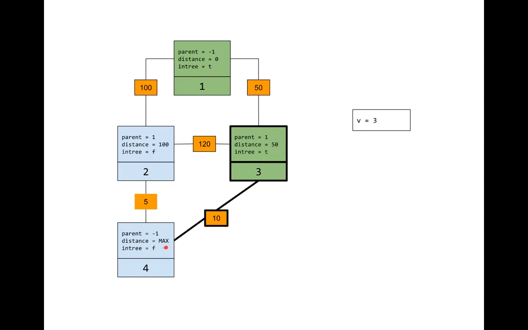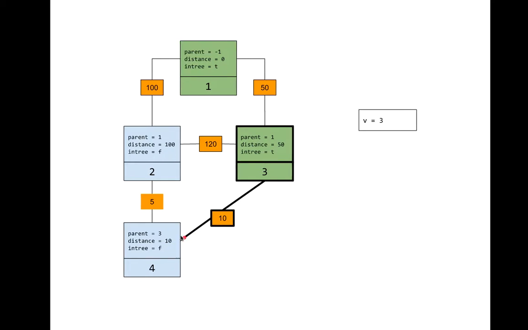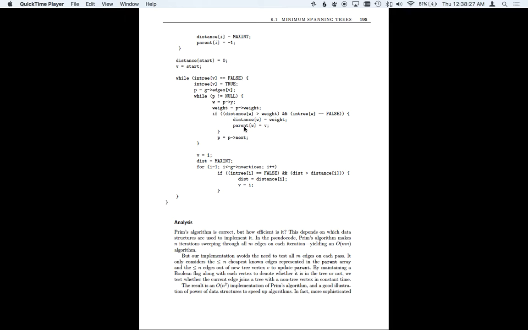We haven't seen any ways of getting to city number 4 yet. This is less than max or infinity. So then we say the best way of getting to city number 4 is in fact from city number 3, and we can do it at a cost of $10 million. That's, again, these two lines of code right here. And then